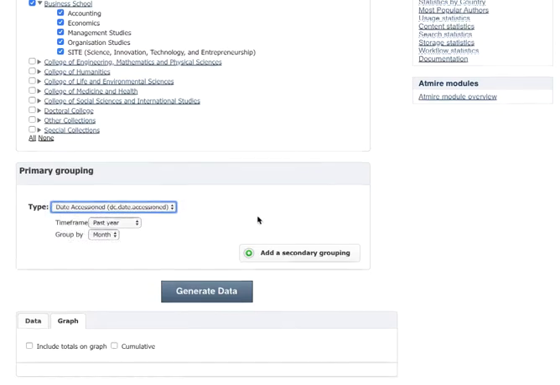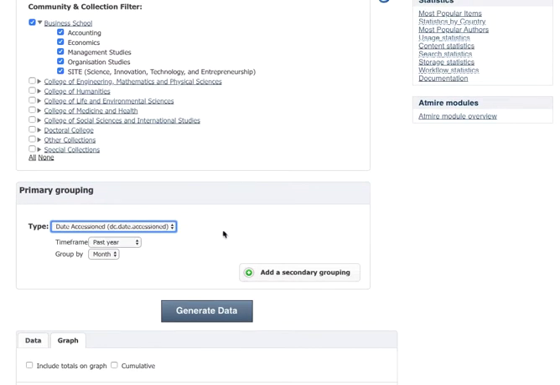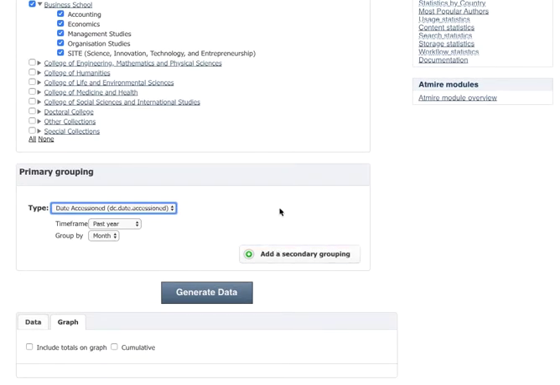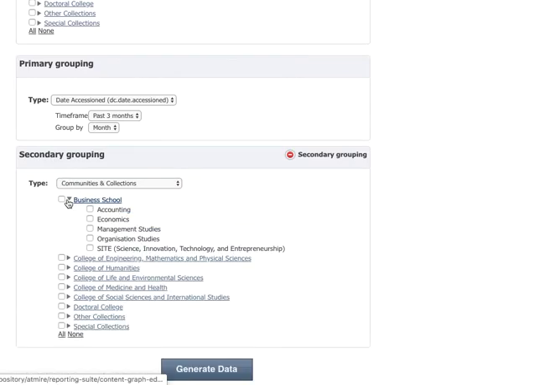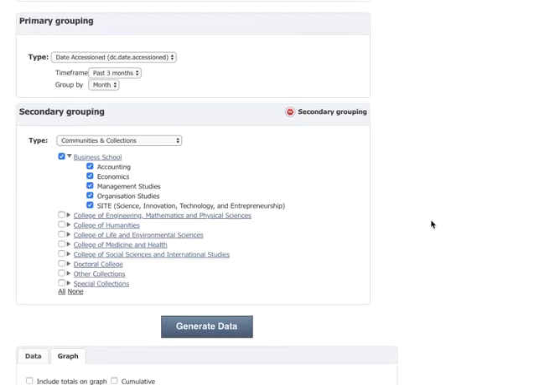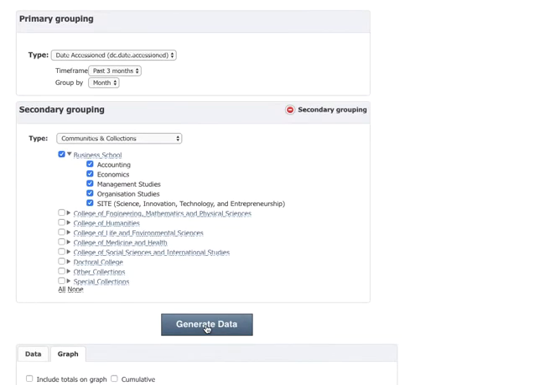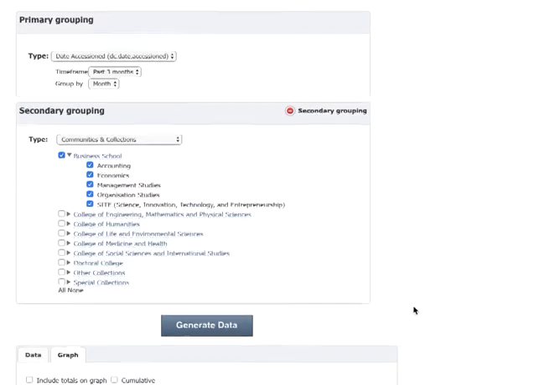If I would execute it right now, I would get the entire count all counted together, but I really want to see it collection by collection. But first of all, let's do last 3 months. So I also want secondary grouping again on the same community and its collections in there. Next step is that we press the Generate Data button